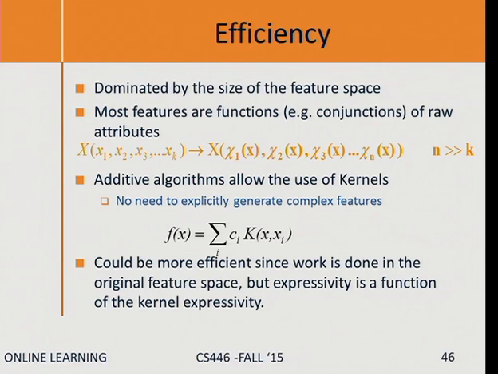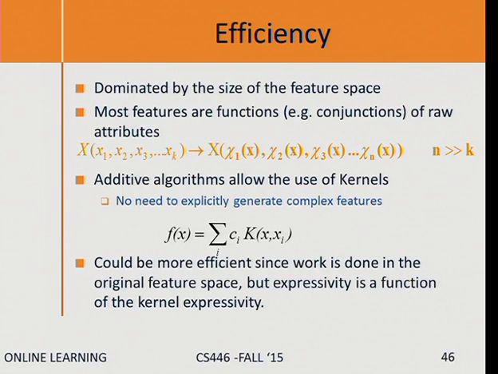Okay, so what I want to do today is add one more dimension to comparing algorithms. We talked about generalization, and I want to talk about efficiency, or some aspect of efficiency. So what is efficiency when we're talking about a linear learning algorithm? Essentially, all we do in each step is compute a dot product. So the efficiency is going to depend on how long the vectors are that we have to compute the dot product for, which means the dimensionality, how many features we have.